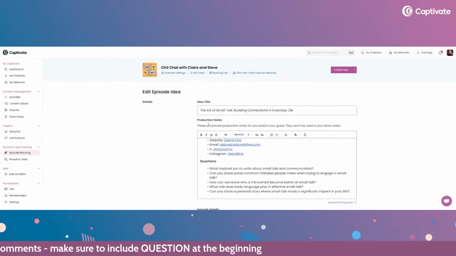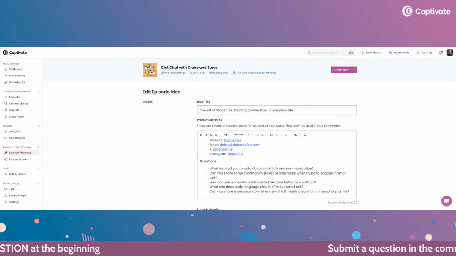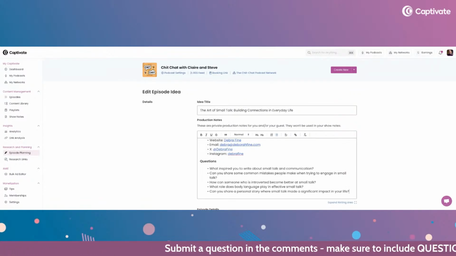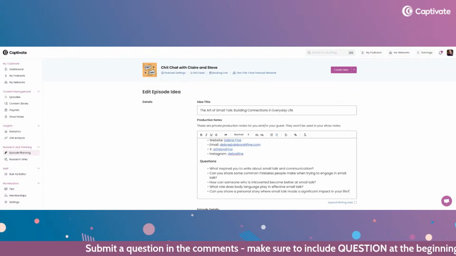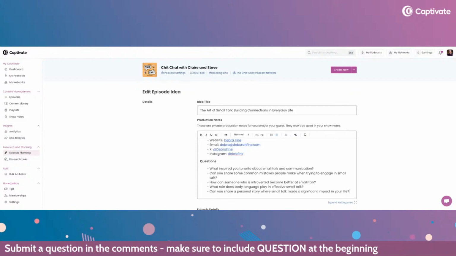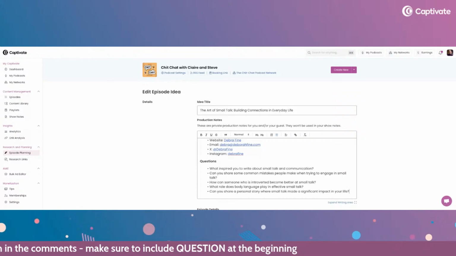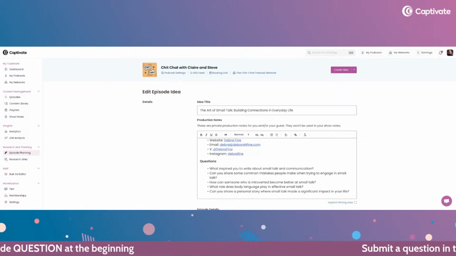So this is the production notes. Now, these are private production notes for you and your guest, as well as your team. So if you have a team on your podcast, so maybe you have a producer, or maybe you have a researcher that normally sources guests and books the guests, etc., you can assign team member roles, and we covered that in a previous live stream, the networking one, I believe.